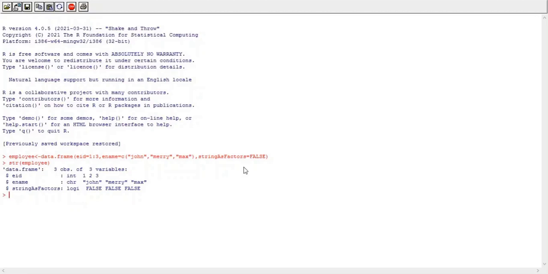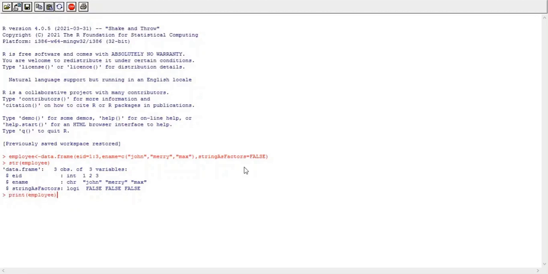That is, we don't want to treat string or character type of data as a factor. Okay, now we'll display data from this data frame. So we can directly type the name of that data object, that is employee, to display the values from any data structure or any data object in R. We can directly type the name of that data structure, or we can use the print function to display the value of any data object.